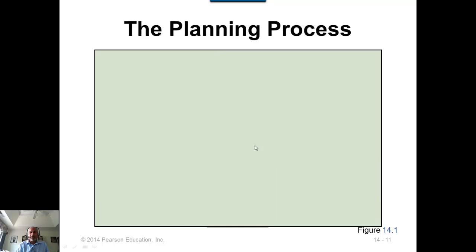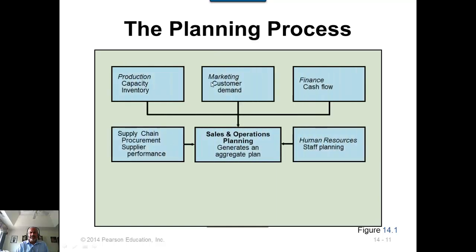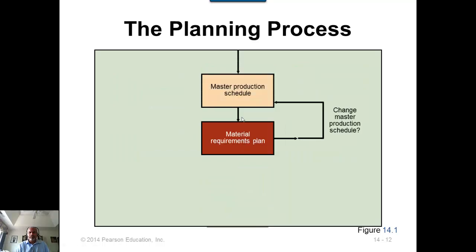So the top part, we have various long range plans, out of which aggregate planning is one. So this is your sales and operations planning and aggregate plan, which we discussed in the previous chapter, and that drives your master production schedule. So there must be total consistency between these two. Then below master production schedule is your MRP. Master production schedule drives the MRP computations.